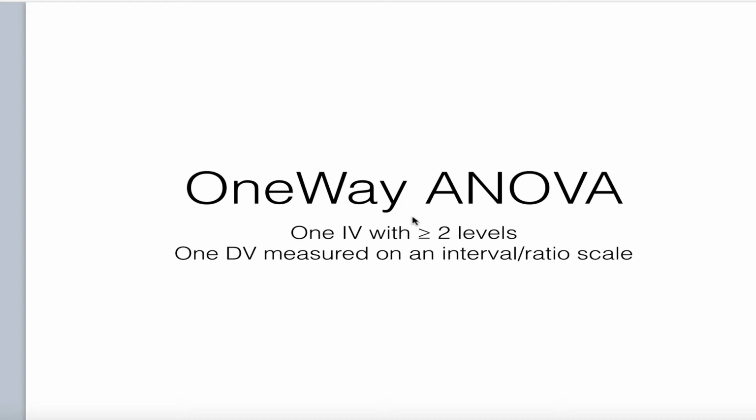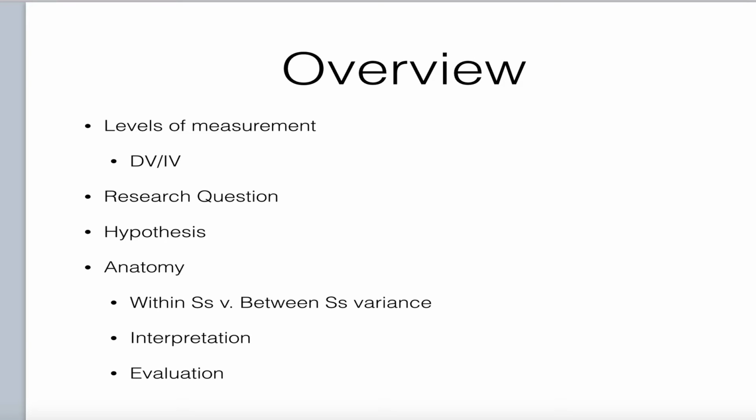This is a tutorial on the one-way analysis of variance. It's a procedure when there is one independent variable with two or more levels and one dependent variable measured on an interval or ratio scale. I'm going to cover levels of measurement and how the analysis of variance uses the dependent and independent variable, the role of the research question and hypotheses, and then I'm going to go into the anatomy of an analysis of variance